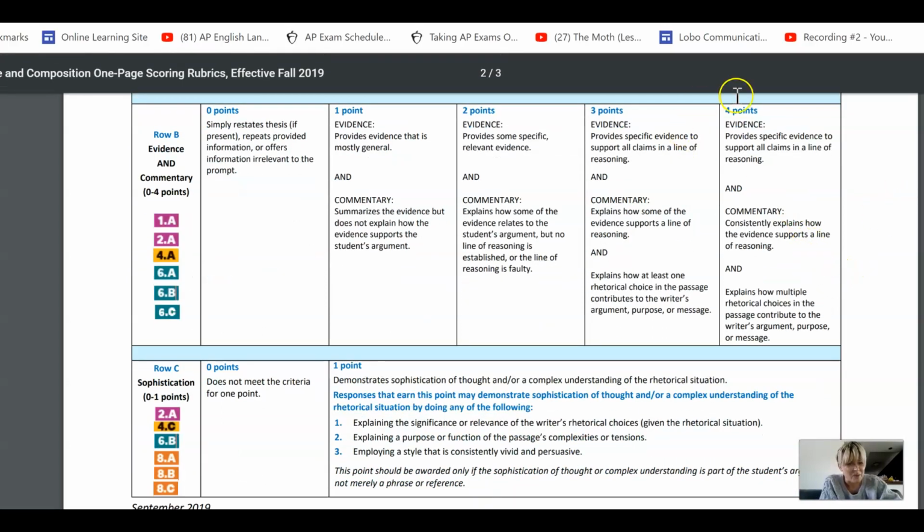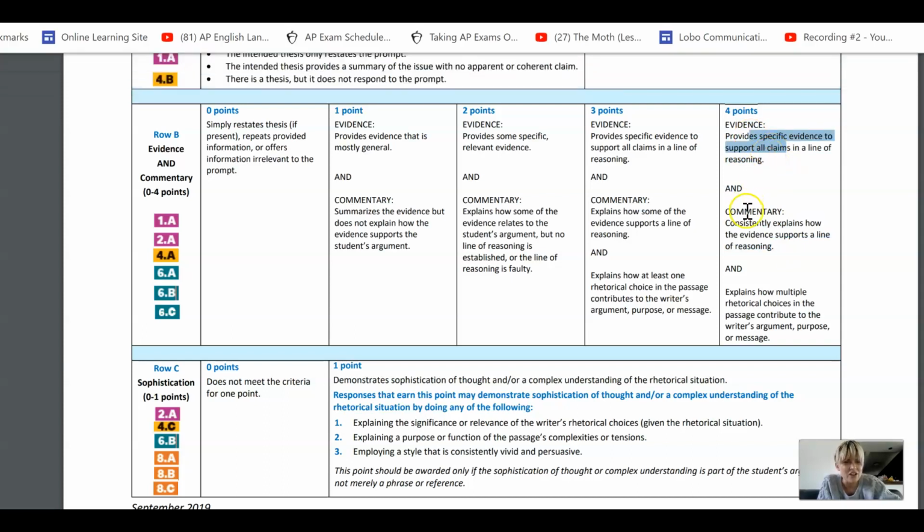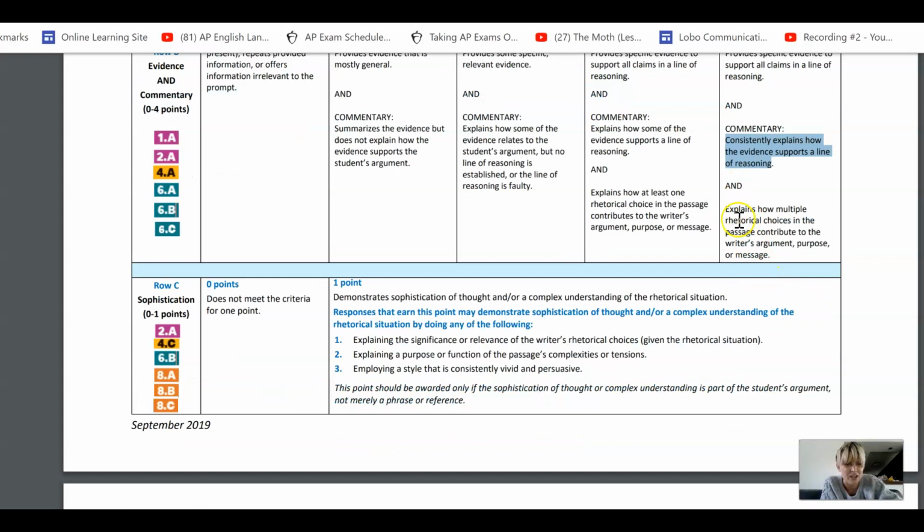And then you get into the development points. So these are 4 points. Notice there are 2 main parts. It's evidence. You want to actually have specific evidence. The things you're citing are meaningful and you're talking about them. And then your commentary. So the depth of your reasoning, explaining how does this evidence and how does the next part of their speech function for their purpose, right? Like what's the function of this section to help them achieve their goal? Is it giving them compliments and flattering them to set them up so they can receive the message better? Like whatever the function is. And so then you're just explaining how those multiple choices contribute to their point, right? How do those things function for their goal?